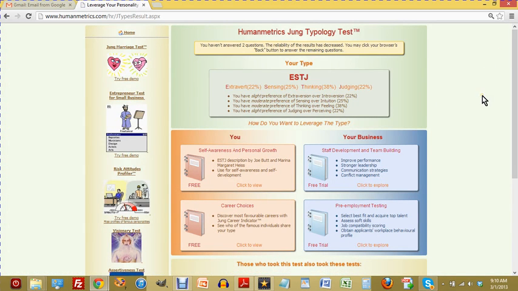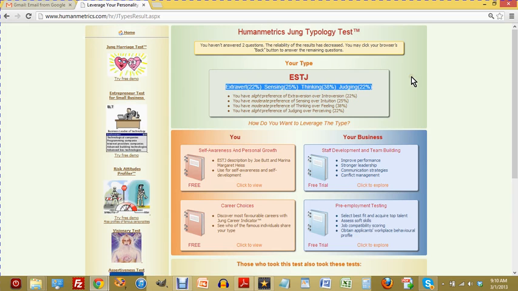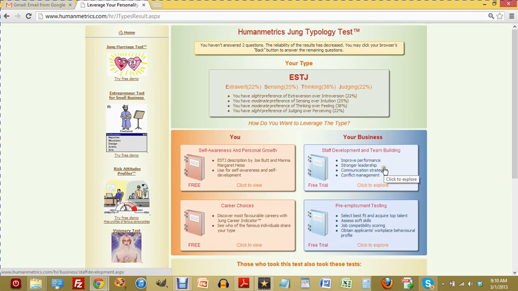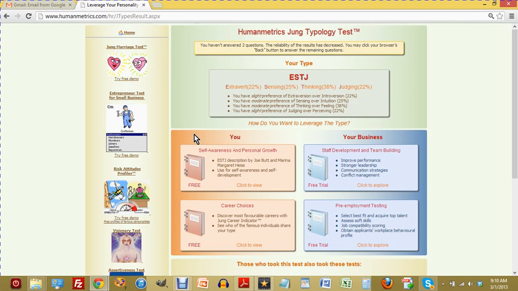What results from this is a couple of numbers here, which is really what I'm interested in. Now, if somebody really wanted to figure out something about themselves, these items here would be interesting to click on. This is a personality type that's further described here. While that might be interesting, the only thing I'm concerned about here are these actual numbers. And at this point, I would write them down simply to remember them.